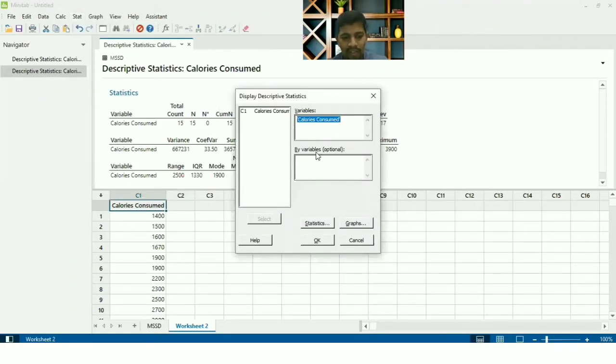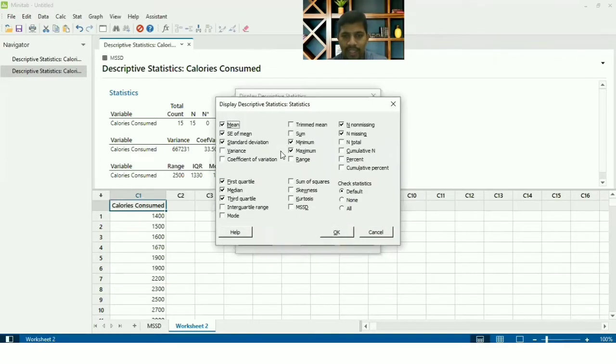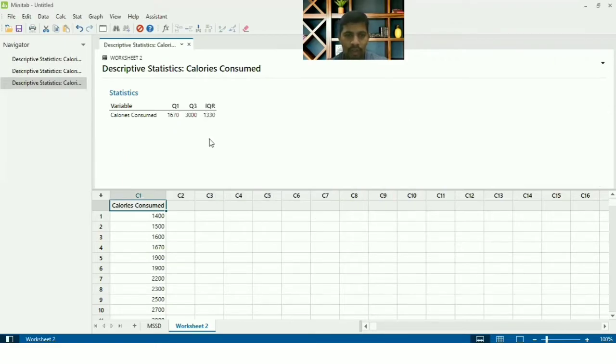In this case, I will give F3, calorie consumed, and then Statistics. In the Statistics, I'll give none. I just wanted to find out first quartile, third quartile, and interquartile range, right? So just give OK. So you can see 1670, 3000, 1330.